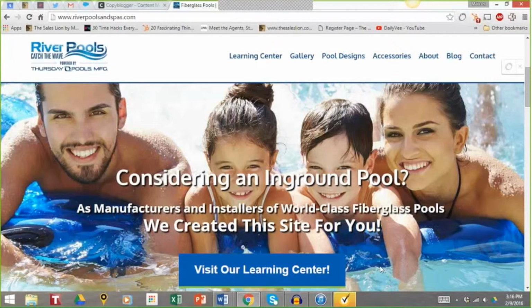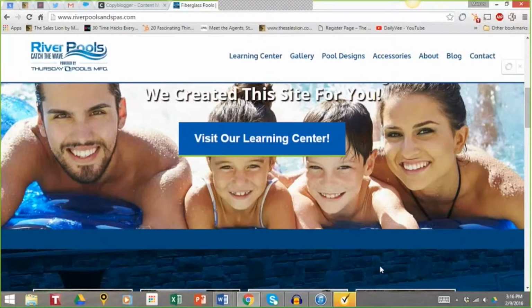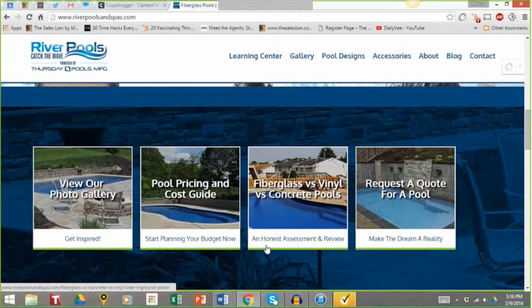But here's where we also align ourselves. Next, you have your core buckets. In this case, we designed these buckets to once again align with the number one things or actions that people want to take or things that they want to see when they're coming to the site. So, for example, we know that when somebody's thinking about a swimming pool, one of the major things they want to do is look at photos. So that's why it's one of the top 5 here.